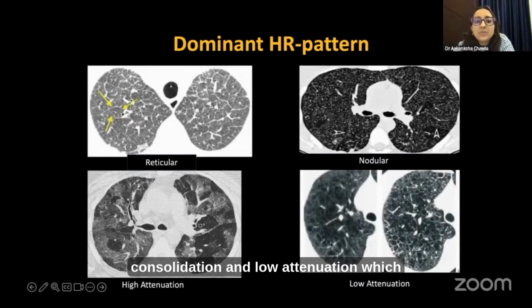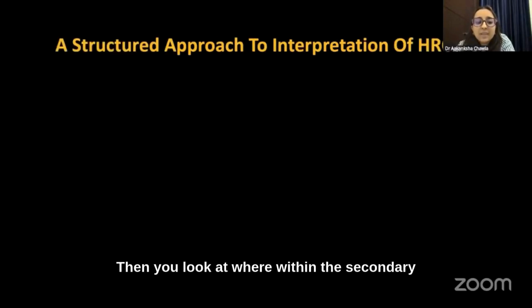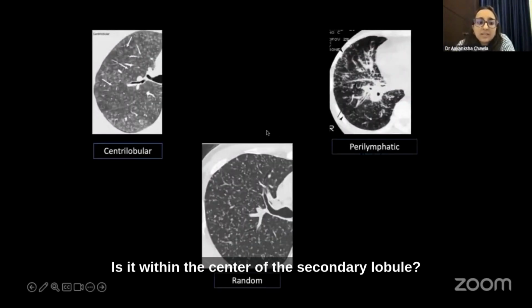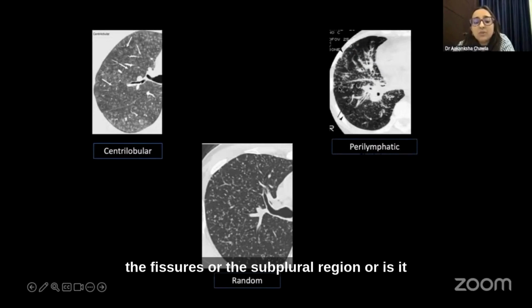and low attenuation, which is your cysts and emphysema. So the dominant pattern is the first thing that you first try to identify in your CT. Then you look at where within the secondary lobule is the pattern. Is it centrilobular? Is it within the center of the secondary lobule? Is it perilymphatic, around the fissures or the subpleural region, or is it randomly distributed throughout the lung